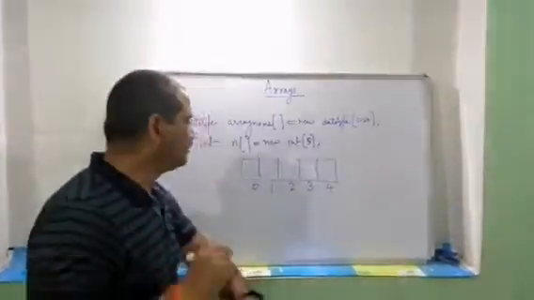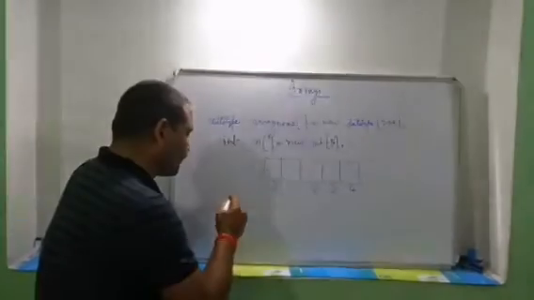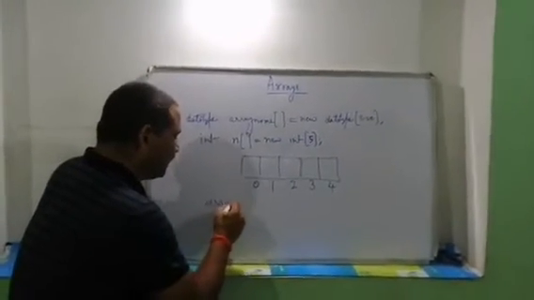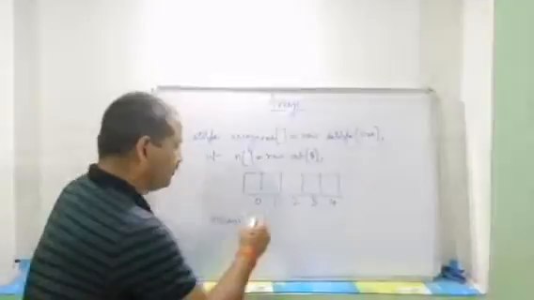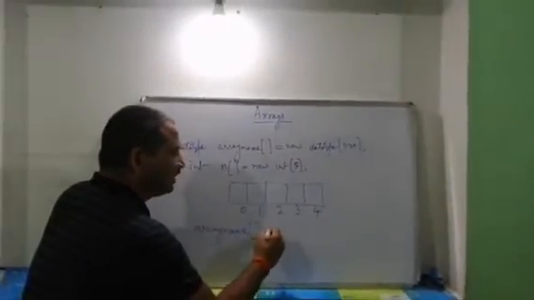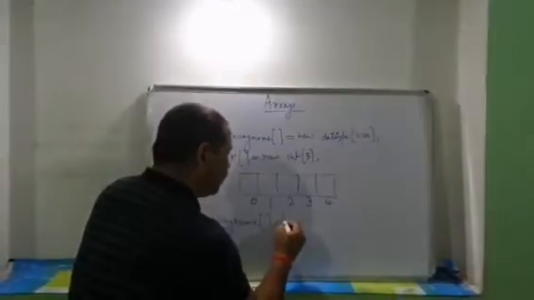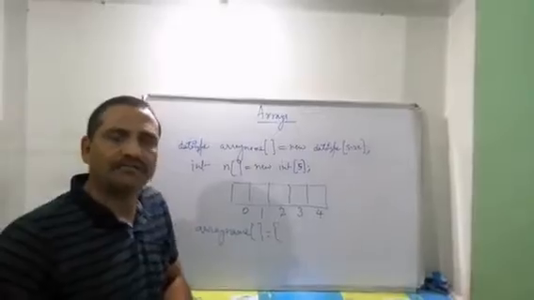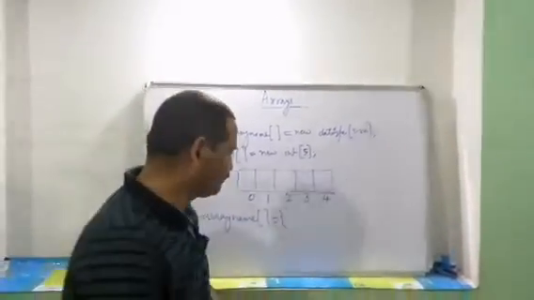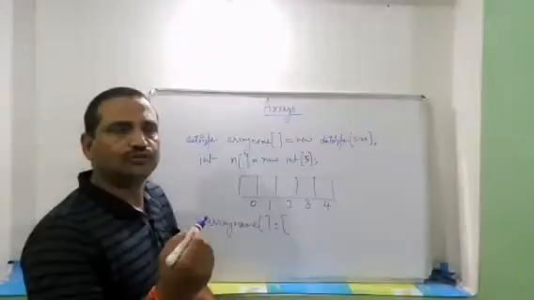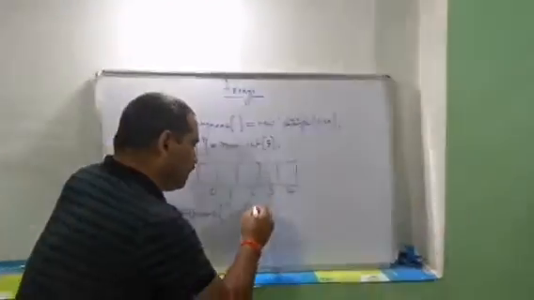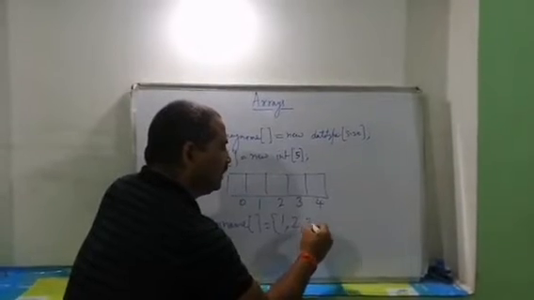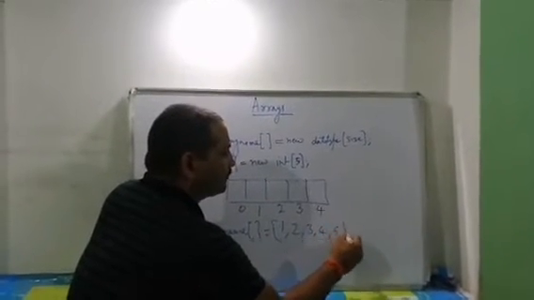For initialization, we are using a syntax. First of all, we have to write the array variable name, then the subscript operator, then the equals to sign. We have to make a block by using curly brackets, and all the values we have to write should be separated by commas. Assume that you want to store 5 values, 1, 2, 3, 4, 5. So we have to write 1, comma, 2, comma, 3, comma, 4, comma, 5.